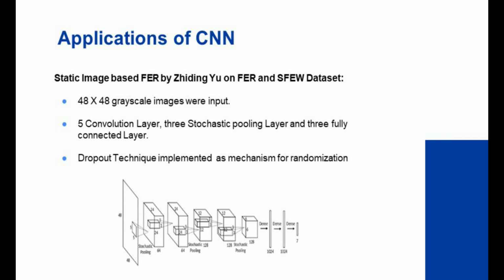The deep CNN architecture used to detect the emotion is shown in this figure. It takes in a 48 by 48 dimensional grayscale image as its input and has 5 convolution layers, 3 stochastic pooling layers and 3 fully connected layers. Stochastic pooling is used instead of max pooling because it gives better accuracy when there is less